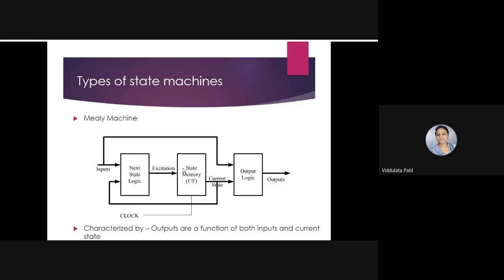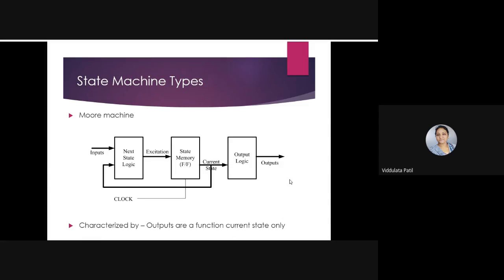Okay, and then whatever is the output will be stored in the state memory. So for that a flip flop may be used, and then we will get the output logic. So the output will be dependent on the input as well as the current state, and then you will get a current state. Okay, so this is the Mealy machine,